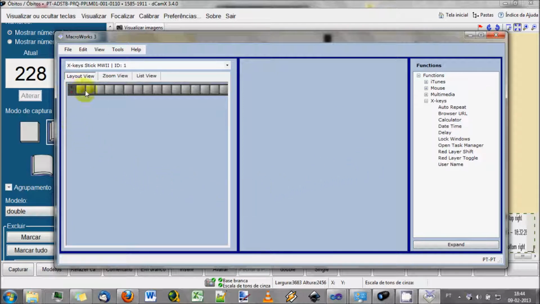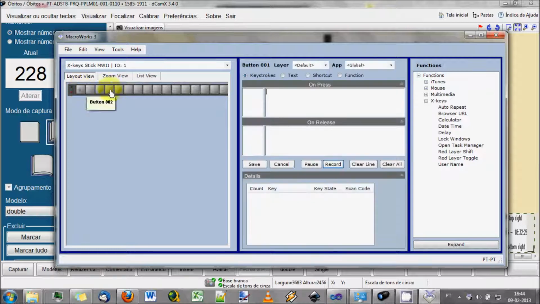In here you have the layout of the Xkeys. We made several buttons, and to start programming one, you just have to click on it. You can also push the physical button of the Xkeys to achieve this. Now, by clicking the button, in the middle panel appears my recording layout, which I will use to record the